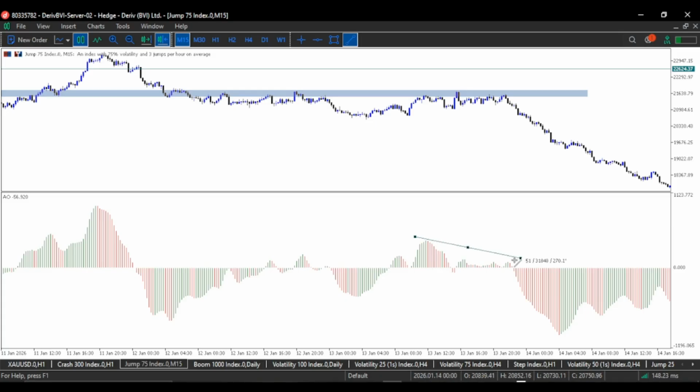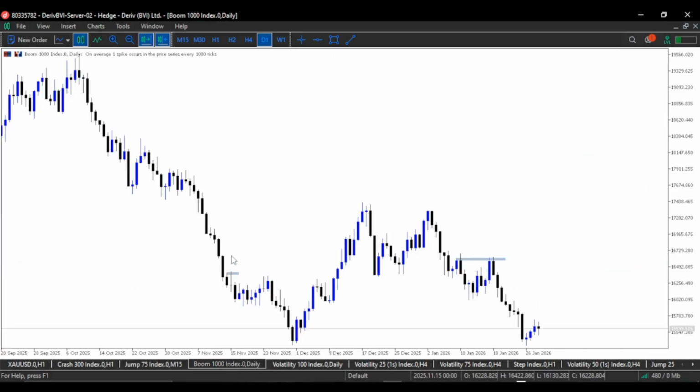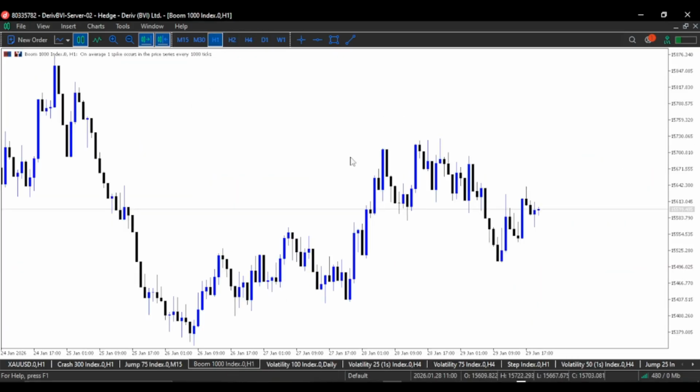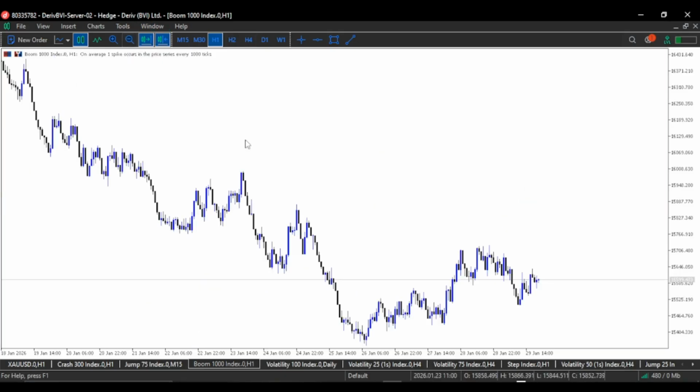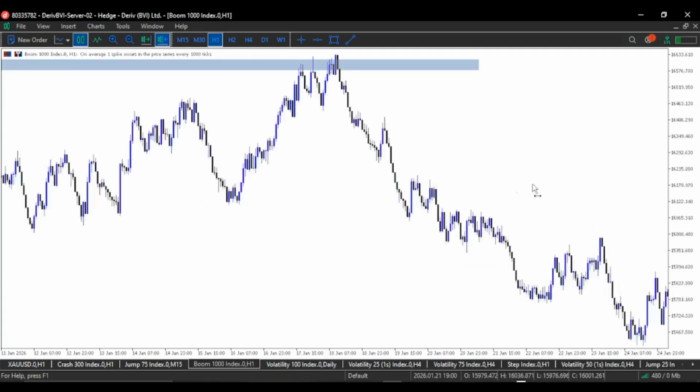So we want to find those divergences, I mean, on any time frame. When it comes to the divergence, you can actually use any time frame. There is no question about that. All right, let's see if maybe we can see another. You can see divergence on this other one. This was